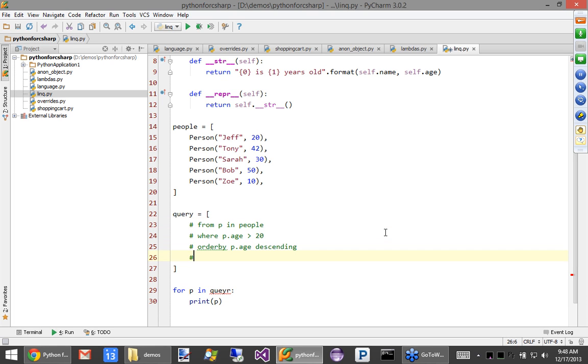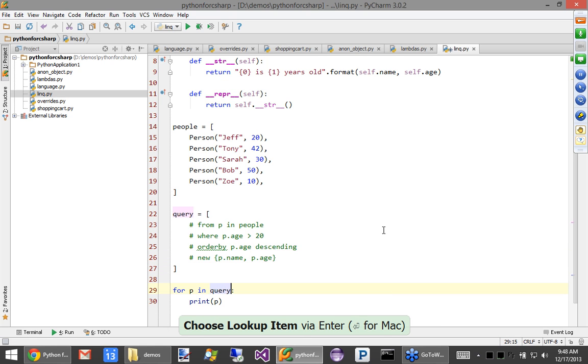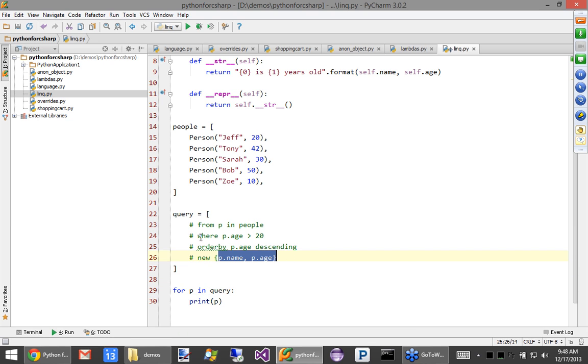And then I had a projection: new, p.name, p.age. Now technically that's the whole person, because those are all the properties in my example here. But let's just assume that person has more stuff, like their email address or whatever.